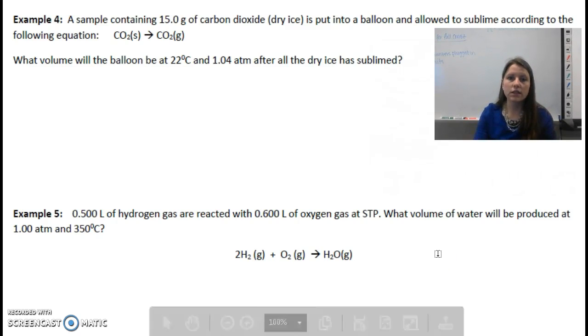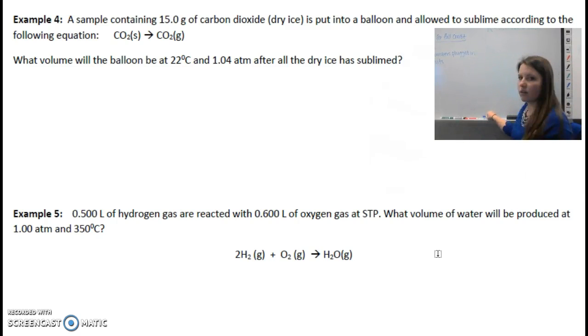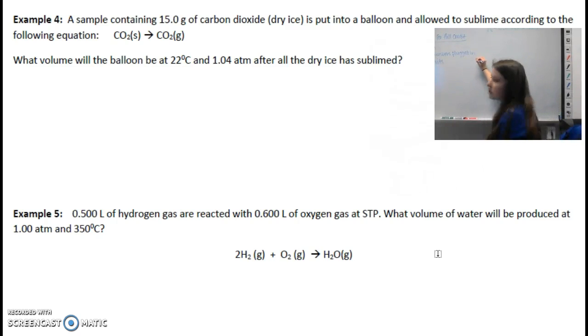Remember, we did the s'mores activity talking about what a limiting reagent is. So that means the first thing you're going to have to do are some bridges to figure out which one of those 2 is going to run out first, and that's going to ultimately determine how much you're going to use for the rest of the problem. So we're going to take each amount here. We've got the 0.5 liters of H2. Going to put that in a bridge, and then we're going to put the 0.6 liters